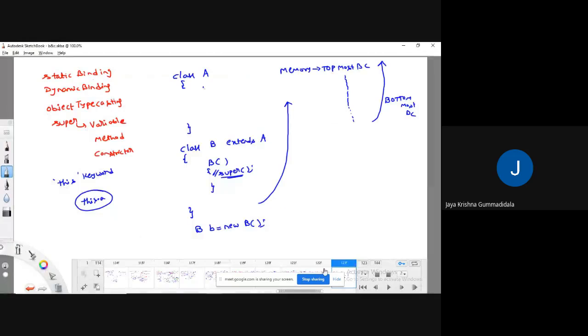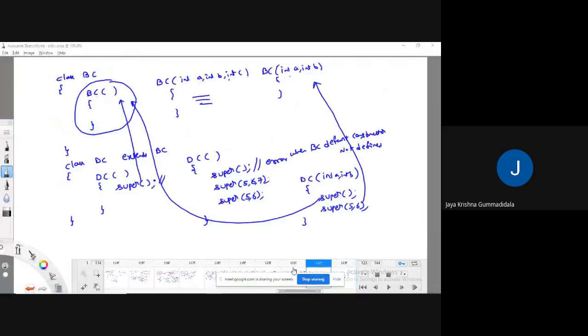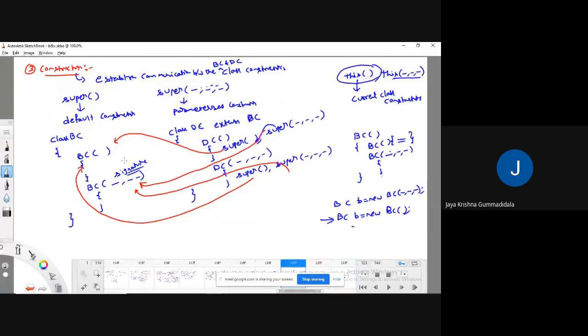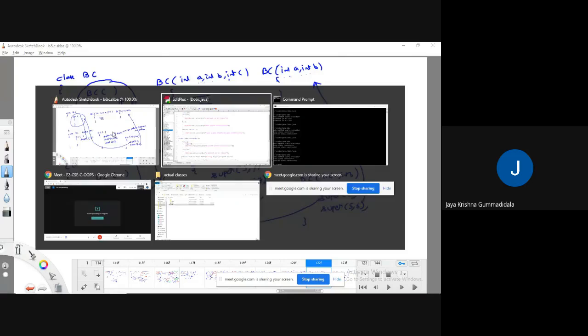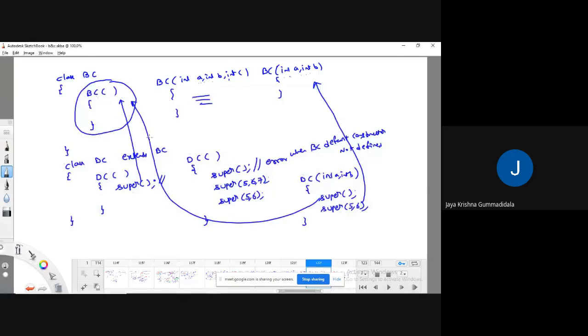I will go for the diagram, or I will explain one by one more. First, see, I have declared a derived class default constructor. In that, I am writing a super keyword. If you are writing it or not writing it, there is no problem. You will get success. Now, what I am doing is I have declared